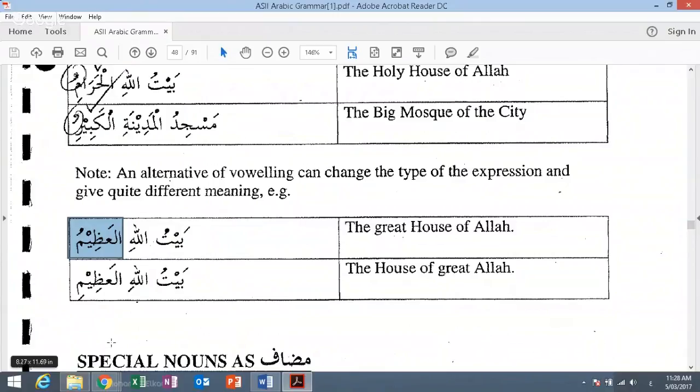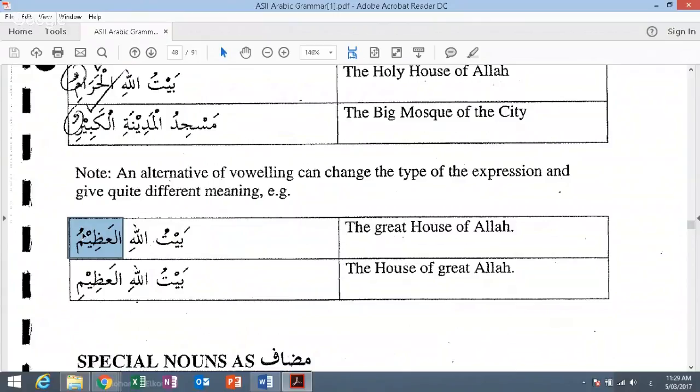So if you make the difference, if you take the alif lam off from al-azim, this means azim will be nakira and mawsuf will be marifa. If mawsuf is marifa and the second one is nakira, this means this is not mawsuf sifat there because it doesn't match. If it doesn't match, there has to be something else, which is mubtada khabar. Complete sentence. Baitullahi azimun, the house of Allah is great. And here we mean the great house of Allah. The great house of Allah, still we need to complete a sentence. Clear?